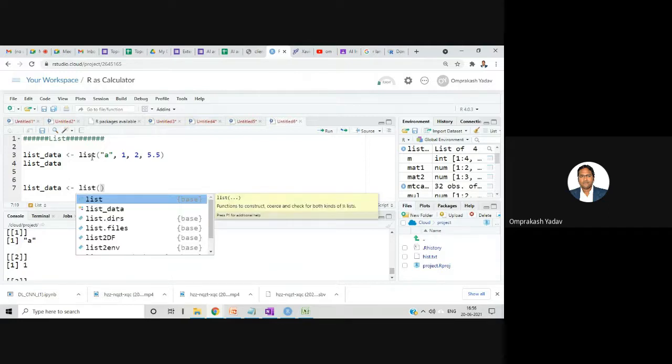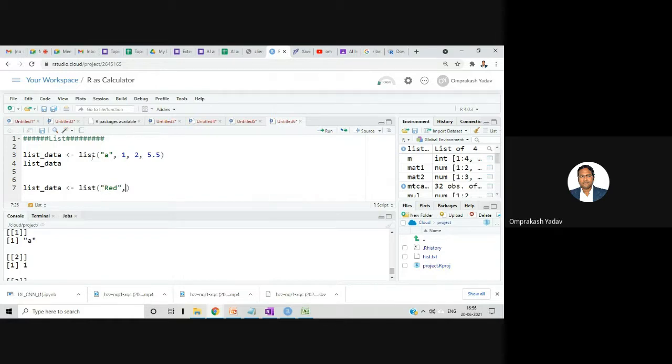Let's take red, green. Let's create one vector of numeric data, let's say 21. And one we can have logical.